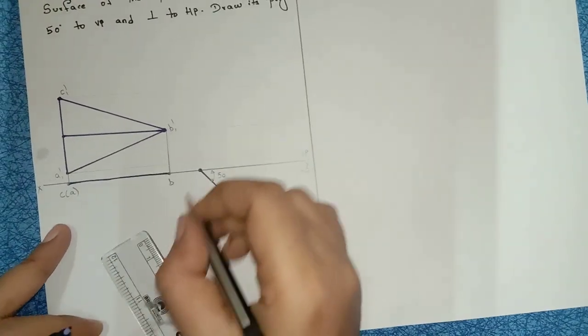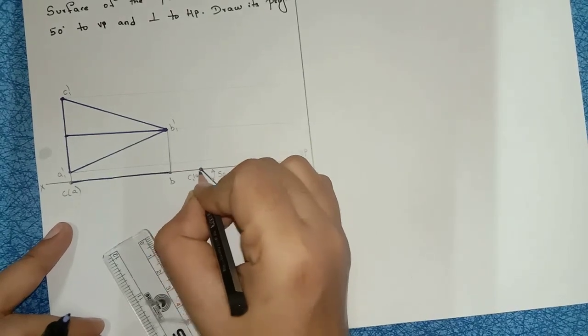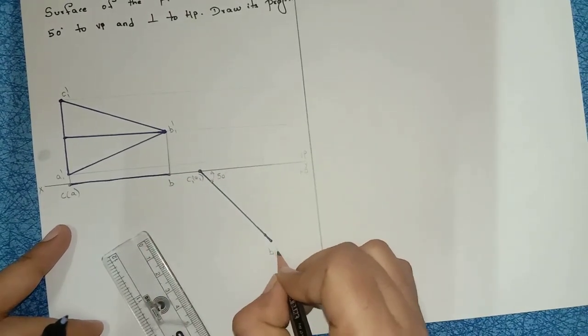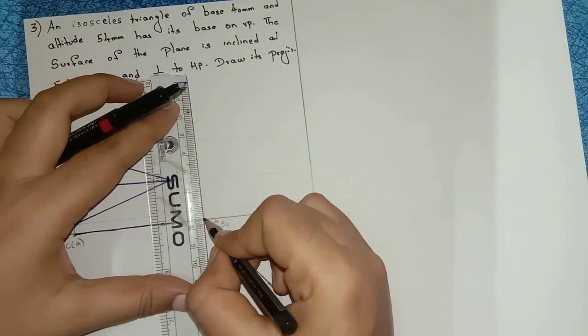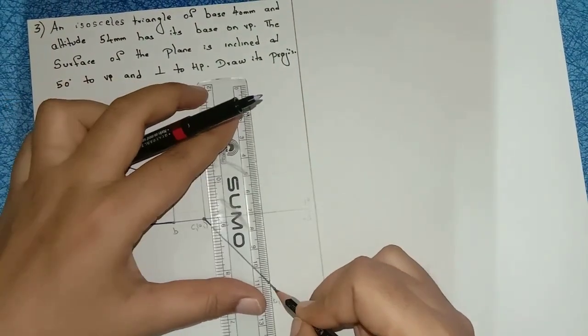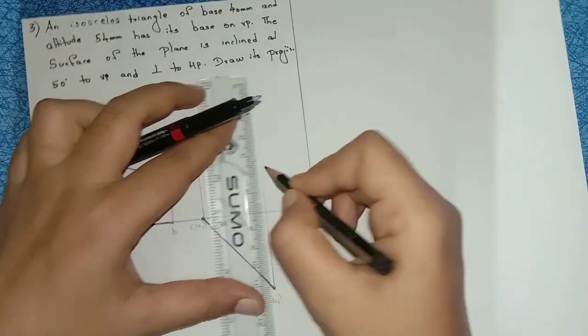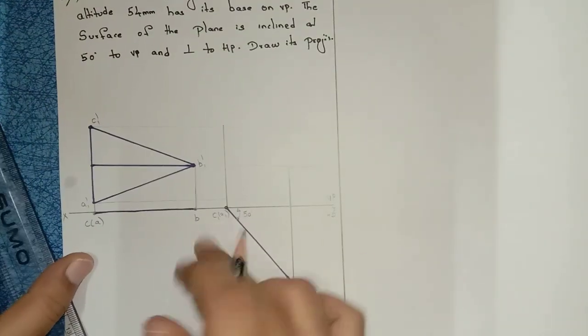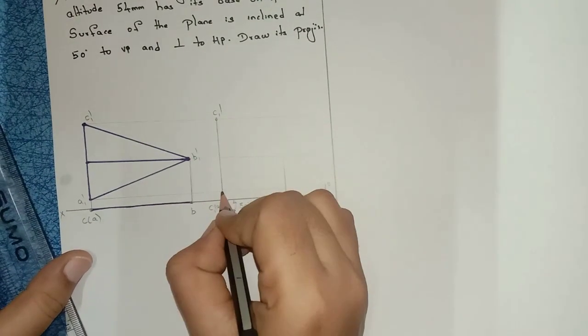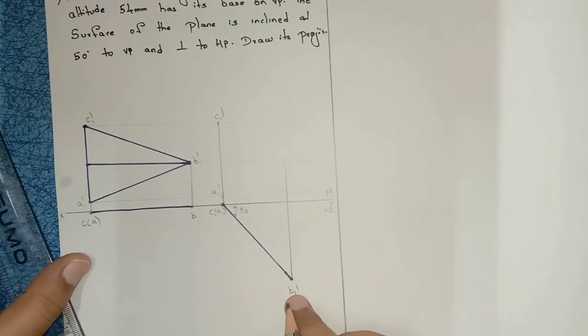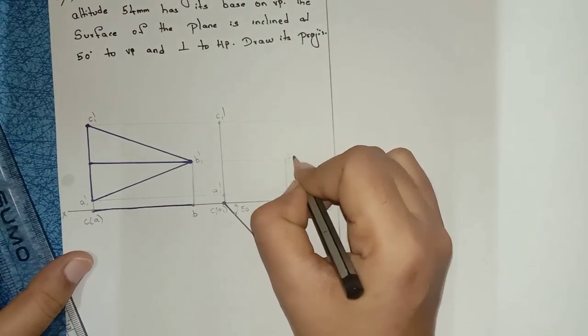Right? So what is the first point here? C1 or A1. Last point is here B1. Right, same process: from C1 A1, draw a straight line, from B1 draw a straight line till point B. See, from C1 this is the point C1 dash, A1 this is the point A1 dash, B1 this is the point B1 dash.